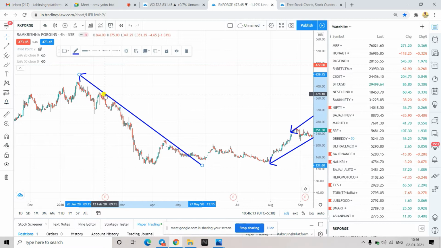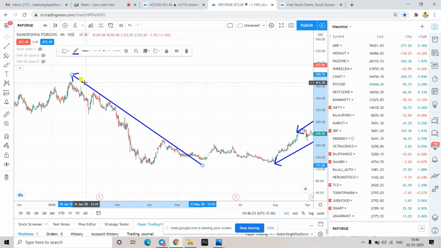So this is on the trend line, this is on the trend line. Till this point it was perfectly respecting it, but now it has crossed. So what you understand from here is that till this time this was completely falling, so the downward fall momentum was good. With the momentum it was falling, that was good, but here it has lost the momentum because you could see it has gone sideways. So you can understand that the downfall momentum has been lost, so you can anticipate that it can go up.